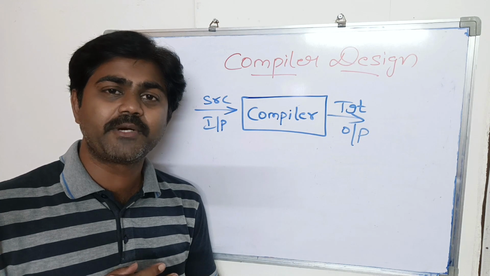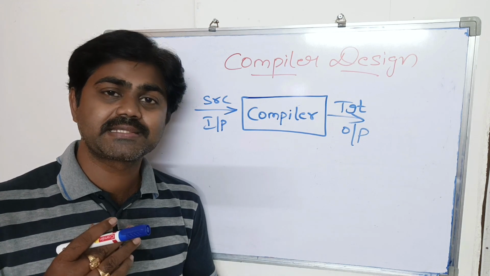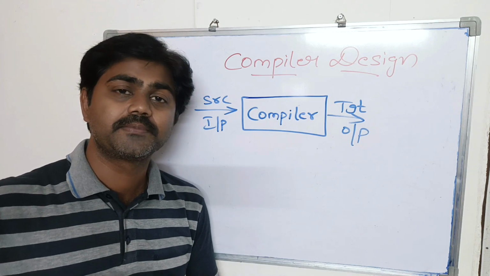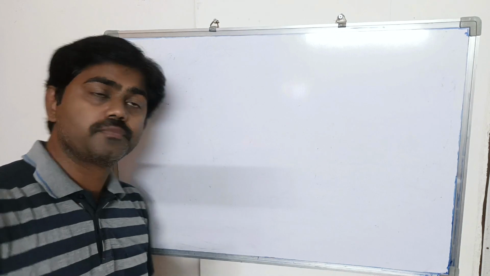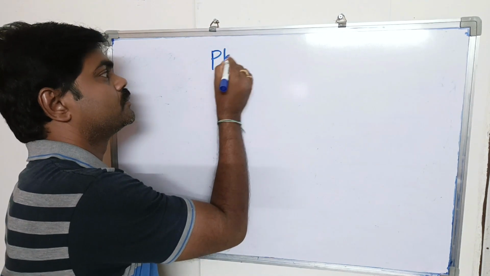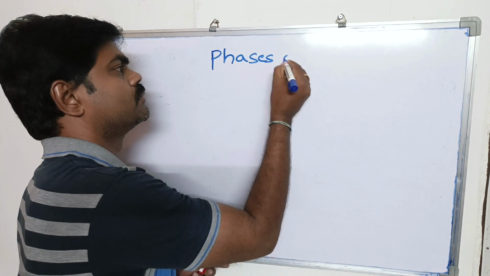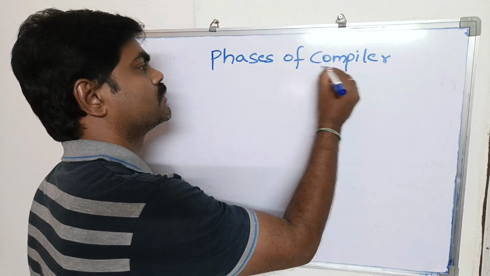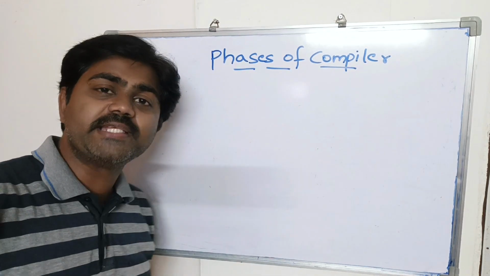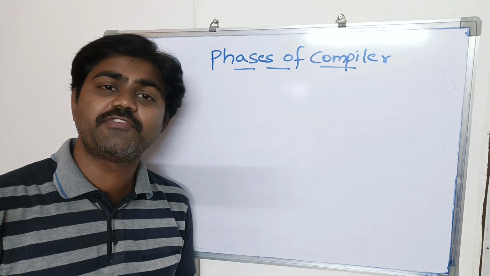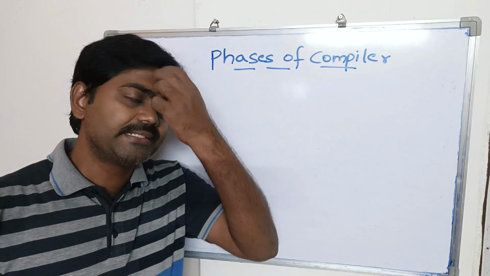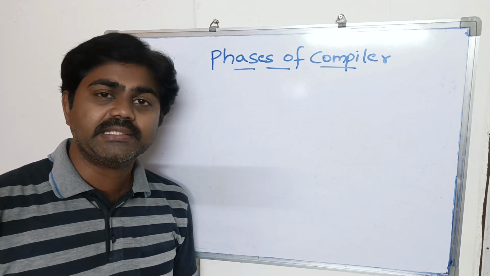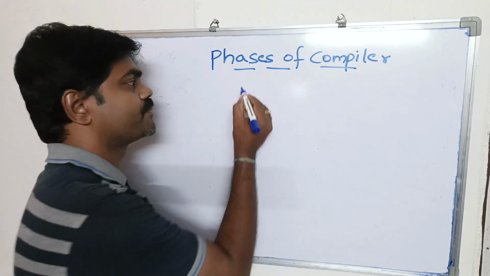The most important one is how the compilation process is done. What are the different phases of a compiler? Now we'll discuss the most important topic, the phases of a compiler. So what are the different phases of a compiler we have? The first and foremost phase is